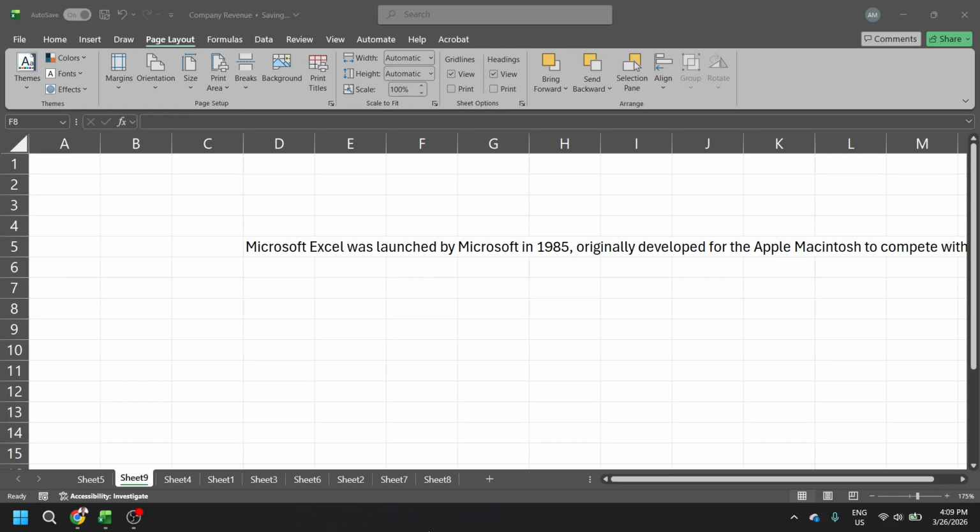In today's video, I'm going to teach you how to fit text within a single cell in Excel. If you've ever typed a long sentence in Excel and watched it spill across neighboring cells or get cut off, this quick technique will keep everything neatly contained and easy to read. It works in the desktop app and the web version, and the button you need is in the same general spot. By the end, you'll know exactly how to make your text stay inside one cell without changing the overall